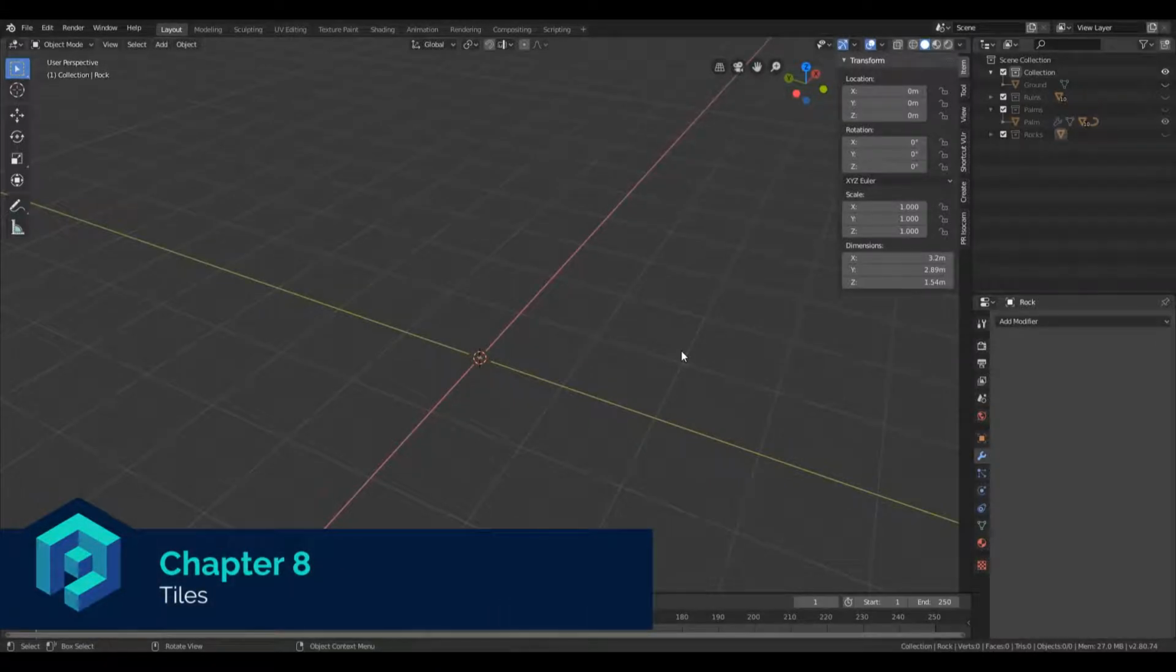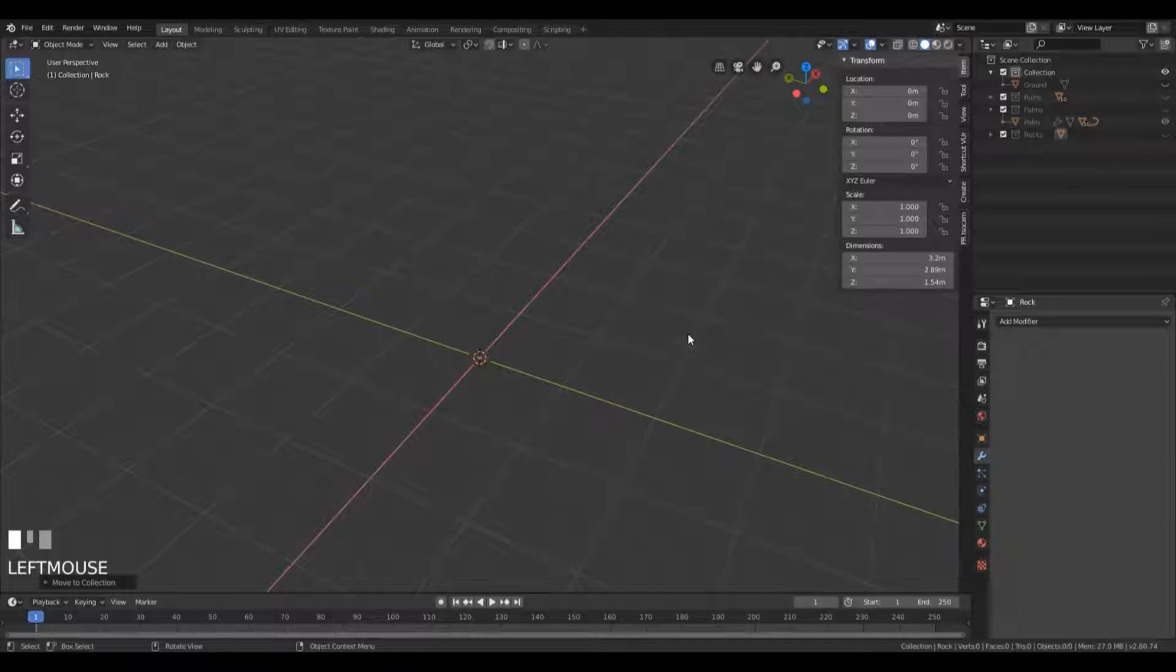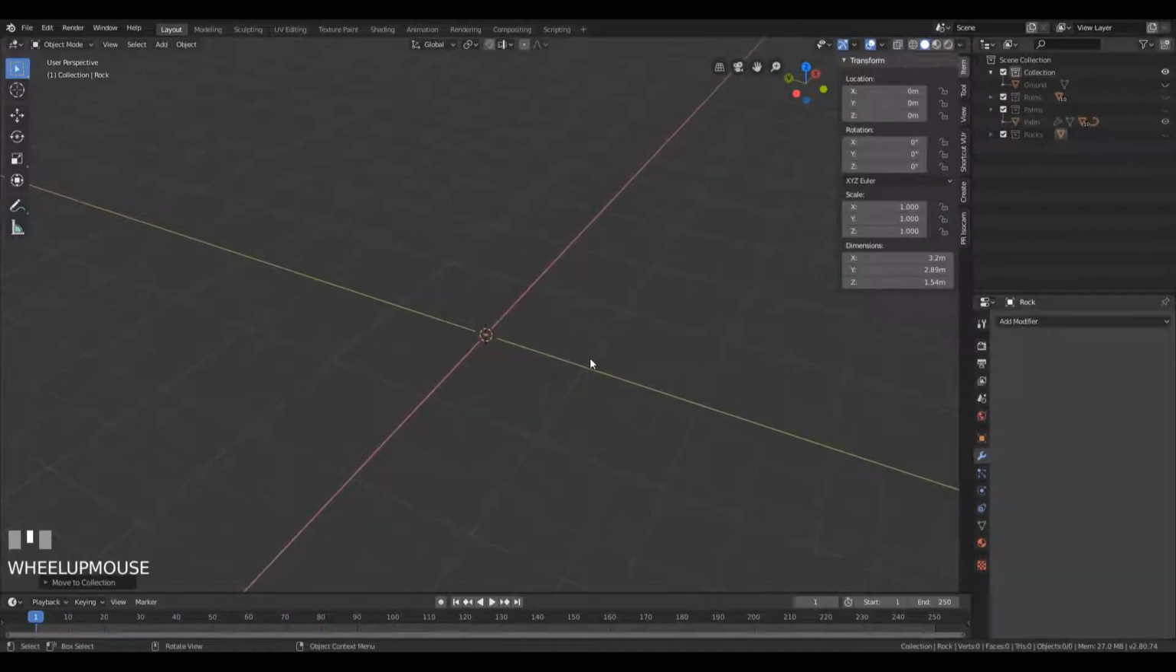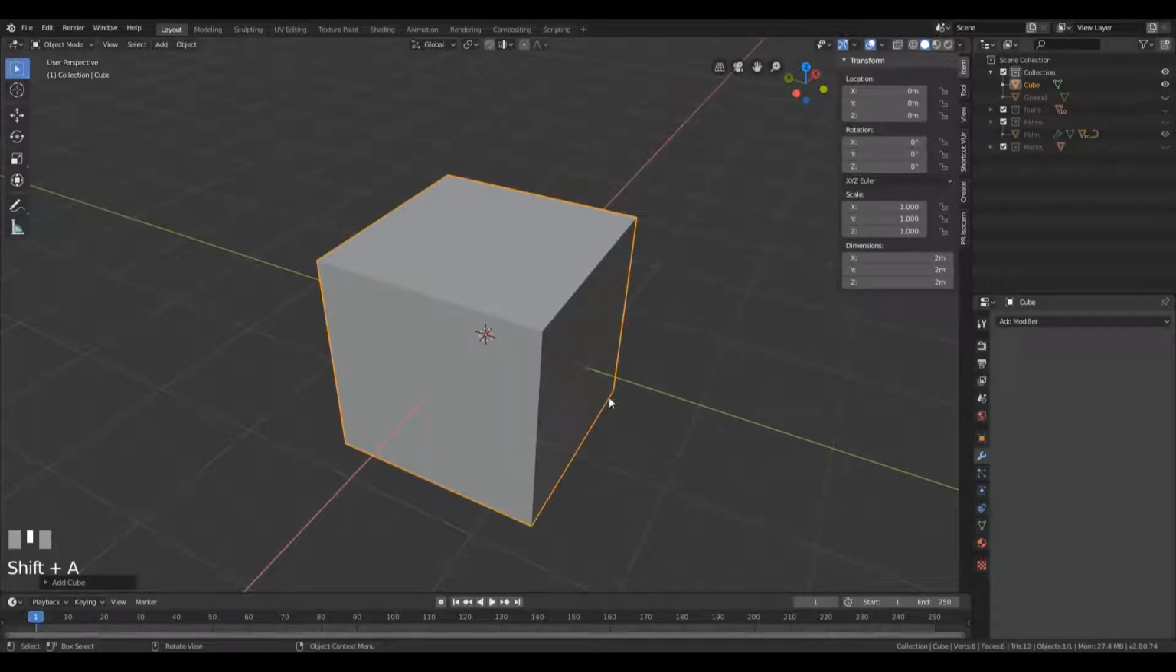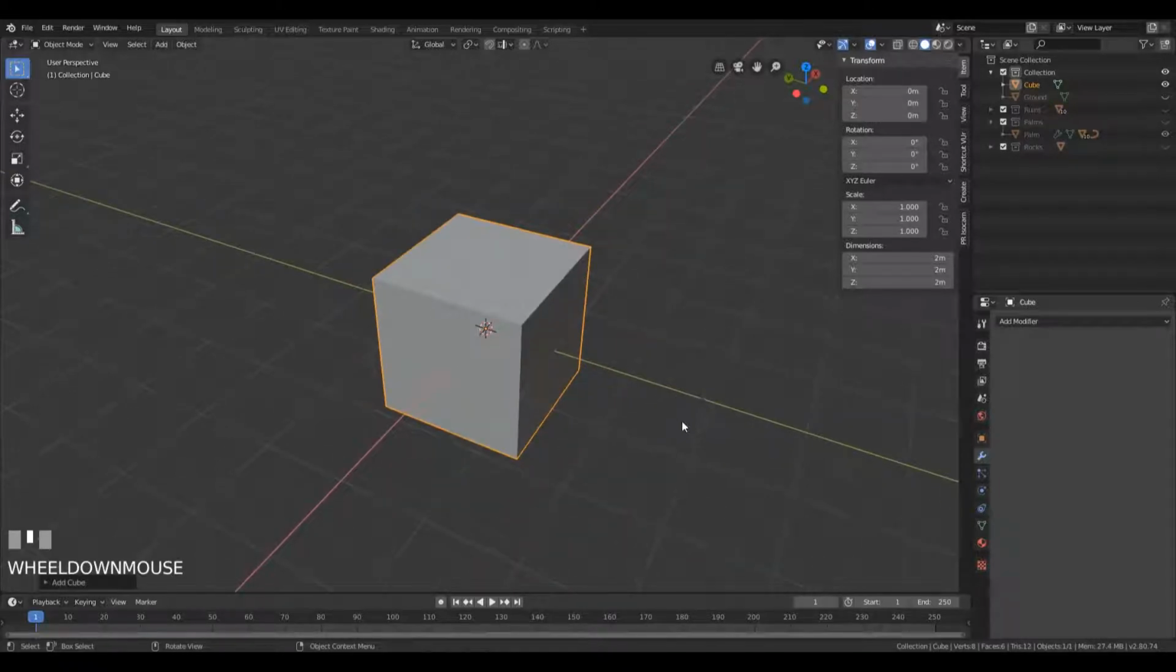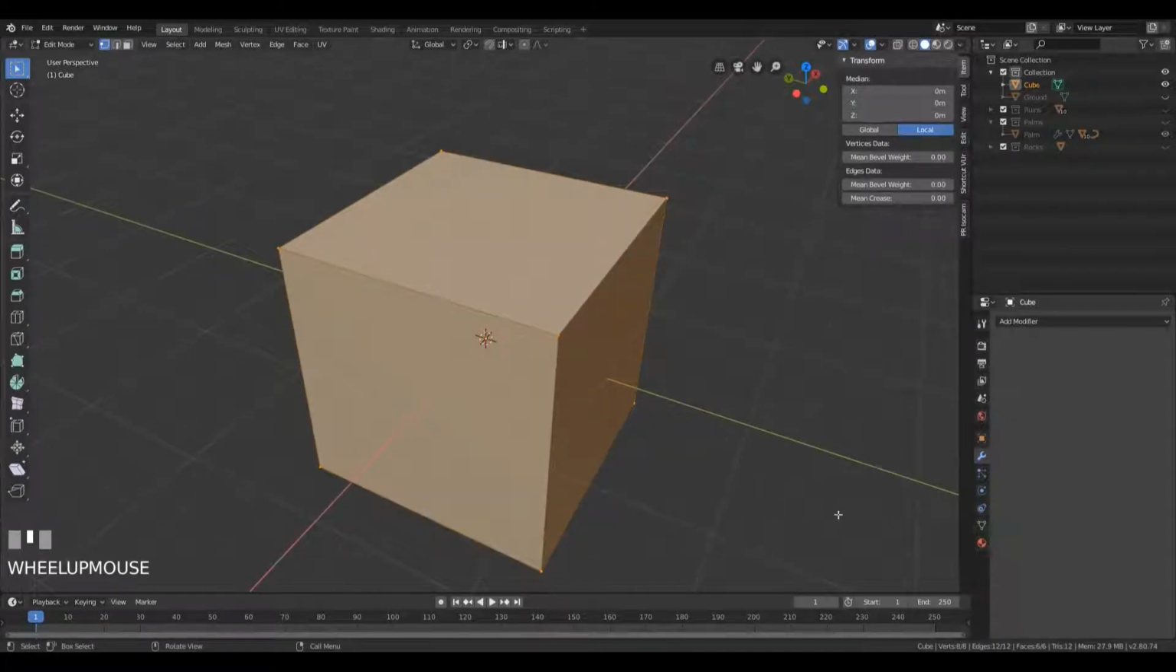Right now we are going to create some tiles and distribute them around the ruins object. So first of all, we're going to create a single tile. Let's add a cube. Press Shift A, cube. And now we need to scale this, so go into the edit mode, press Tab and